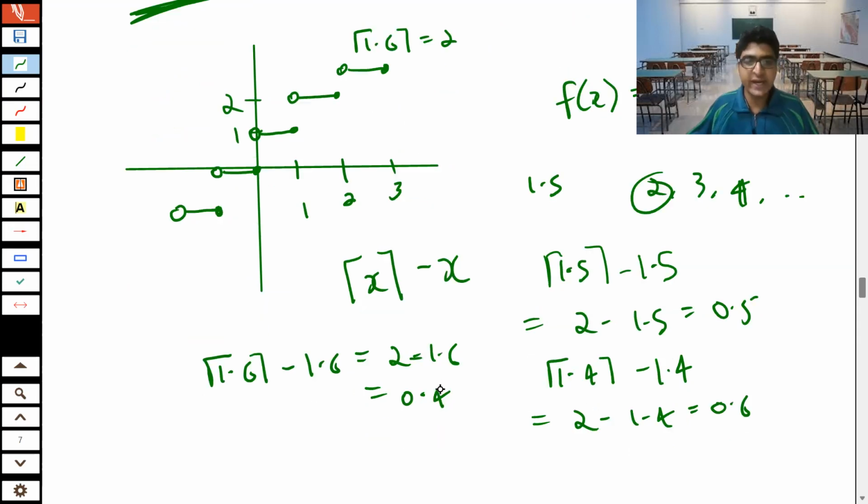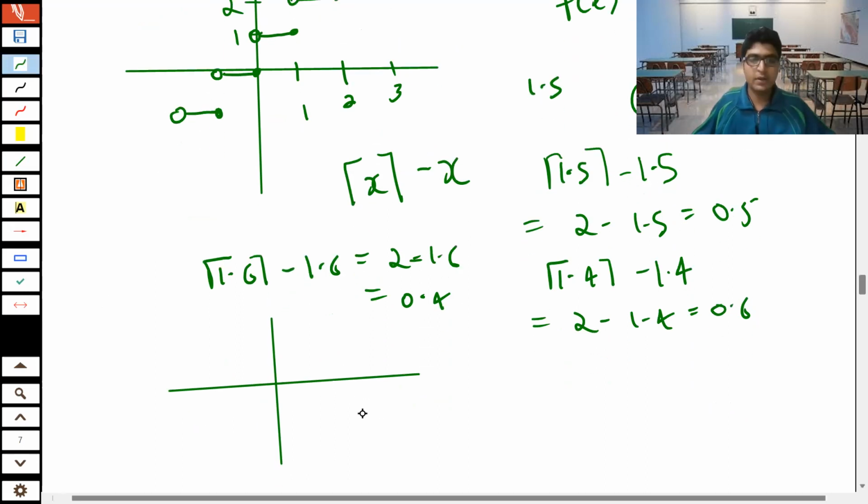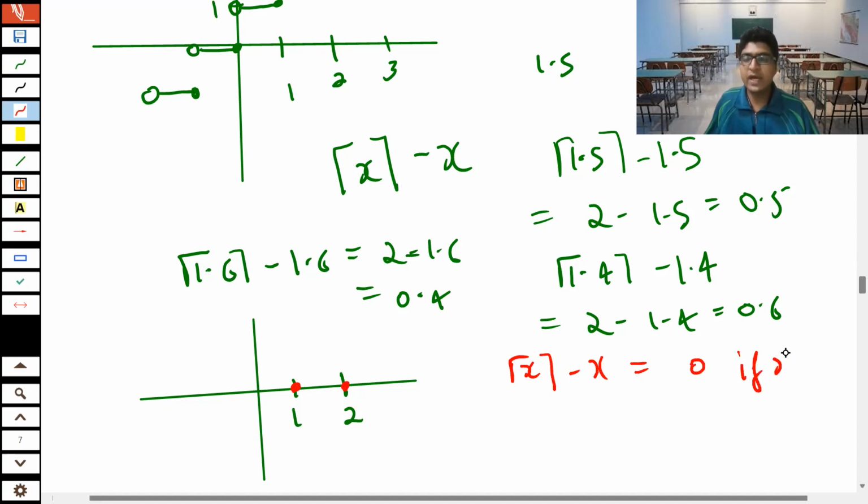Okay. So basically, I'm trying to get an idea of how the graph will look. So the graph will look like this. I have taken the numbers between 1 and 2. Exactly at 1, it will take value 0, right? It will give me 1 back. Okay. So 1 minus 1 will be 0. 2 minus 2 will be 0. So let me simply include that here. So 1 minus 1 is 0. 2 minus 2 is 0. Okay. And notice that this function takes value 0 if x belongs to the integers, and when it is not an integer,